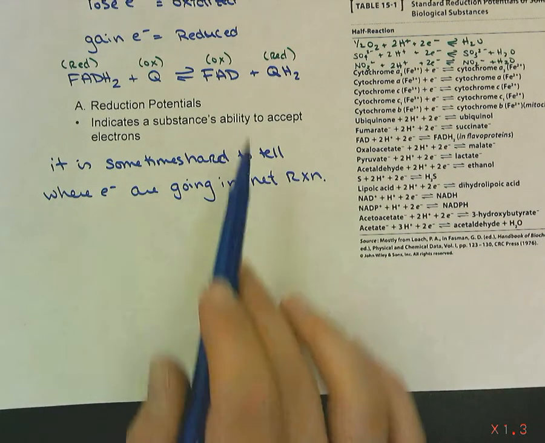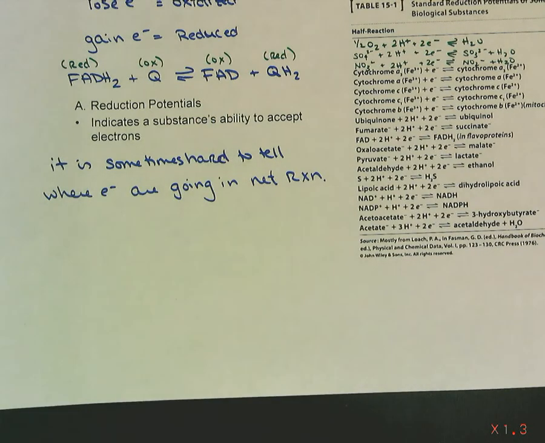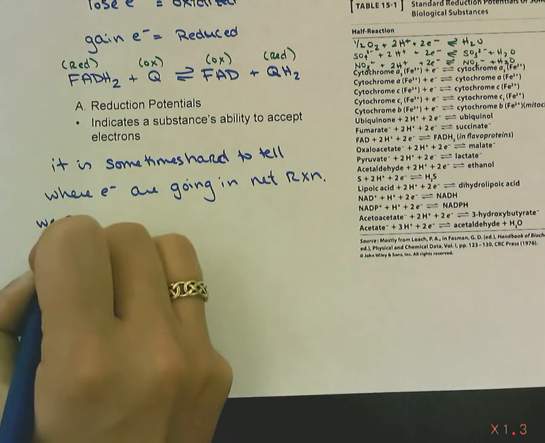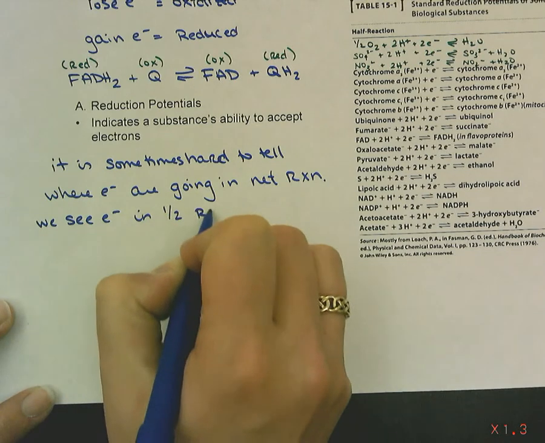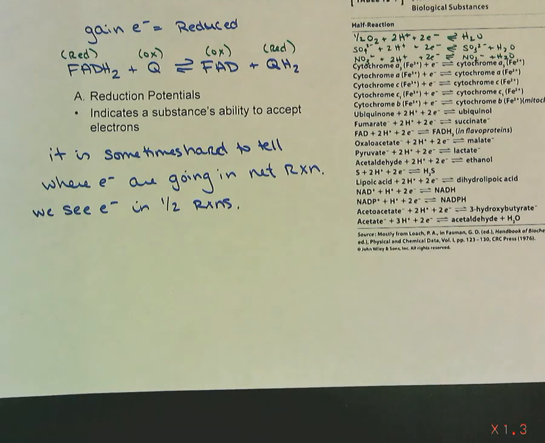Right, in this reaction up here, if you didn't know the FADH2 and FAD combination, you'd have a hard time predicting which one was oxidized and which one was reduced. But if we do two half reactions, we will see who is donating electrons and who is receiving electrons. So if I do two half reactions for this same guy up here,